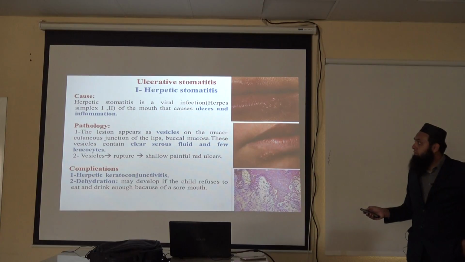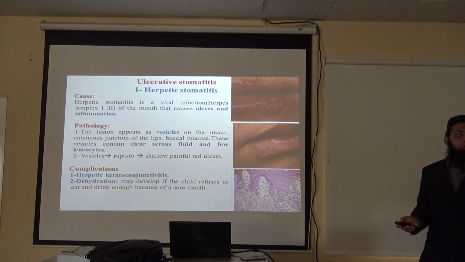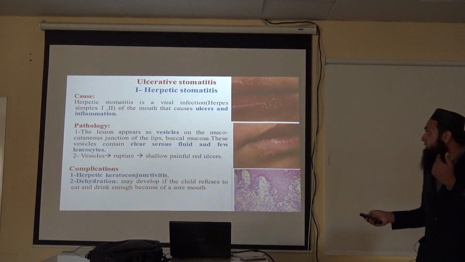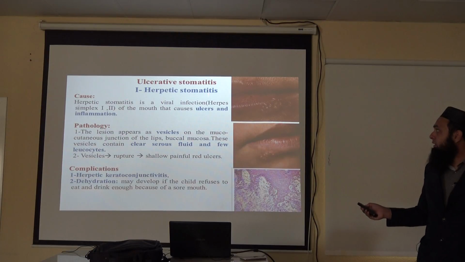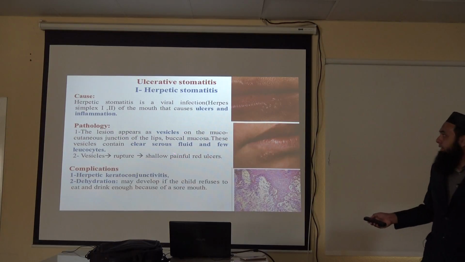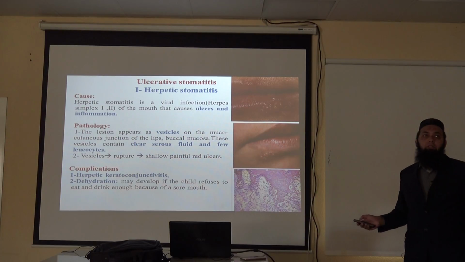So we are talking about the ulcer in the oral cavity. This ulcer is caused by herpes, the inflammation, and the main point is that it is filled with serous fluids,